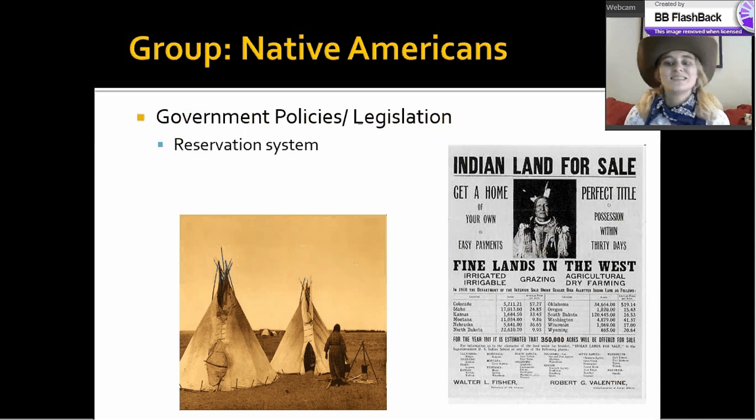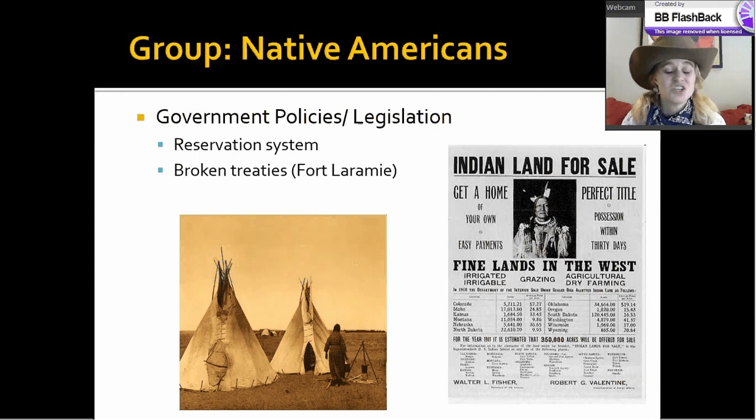The problem is these Native Americans are nomadic. They're not used to settling on land. And not only that, they're putting them on kind of the worst land that they possibly could. On top of that, it actually goes into breaking a lot of treaties that had been signed, such as the Fort Laramie Treaty, where they had actually promised to set aside some of this land in the West for natives. Instead, what they do is start land grabbing. You can see this is a poster over here saying that the Indian land is for sale, come buy your farm. So that it's land that they've taken, the Indians have been promised, and they're now selling it to white settlers as they're moving out west.